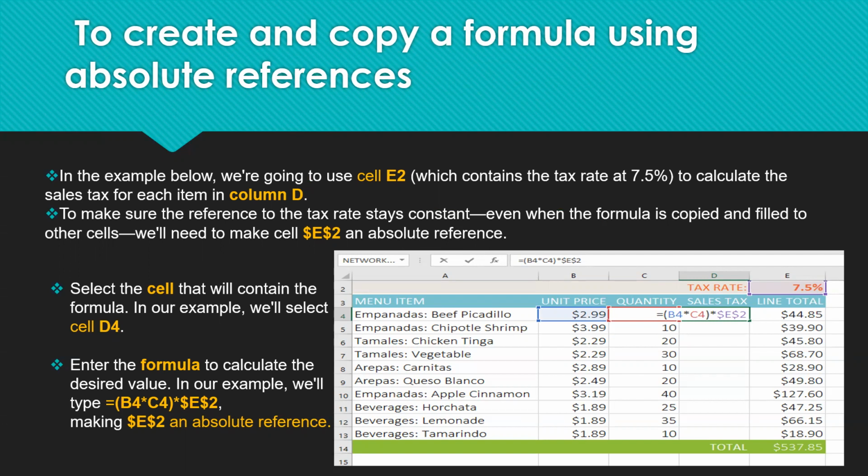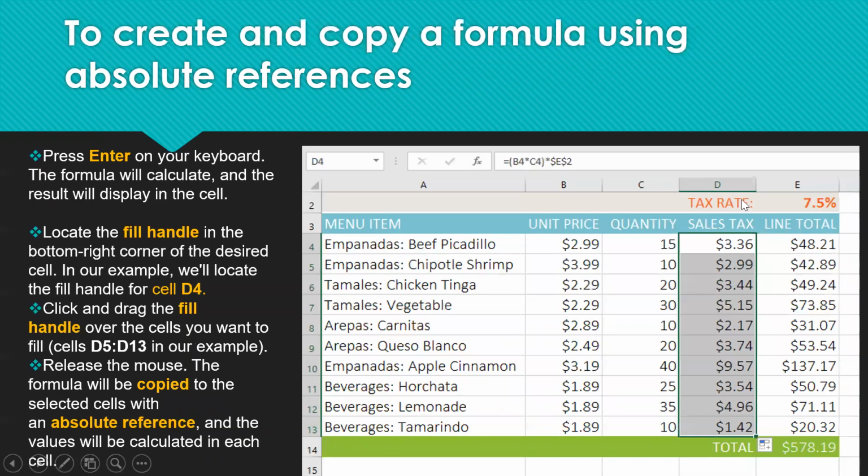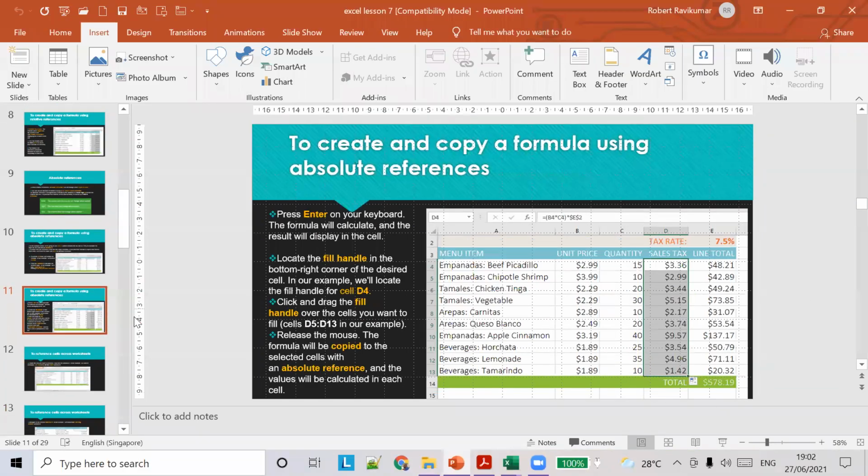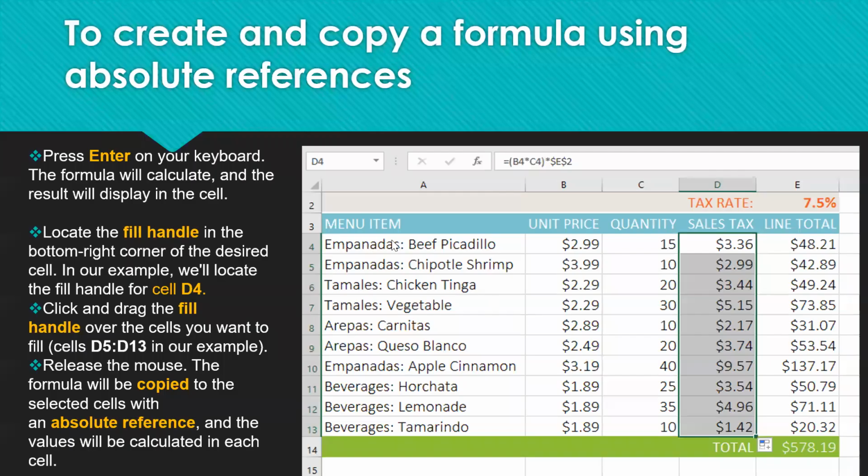Select the cell that will contain the formula. In our example, we'll select cell D4. Enter the formula to calculate the desired value. In our cell, we'll type B4 times C4 times E2, making E2 an absolute reference, $E$2.